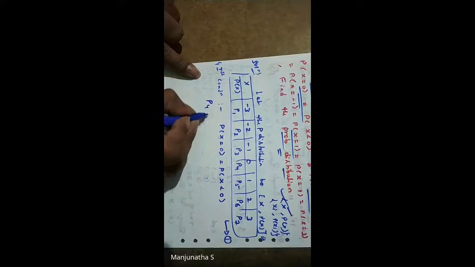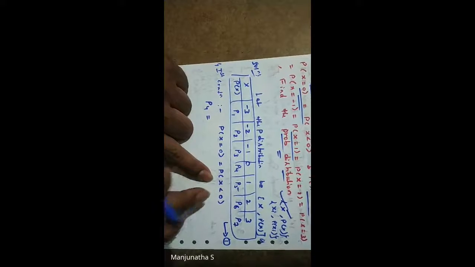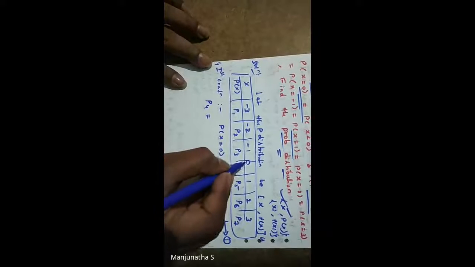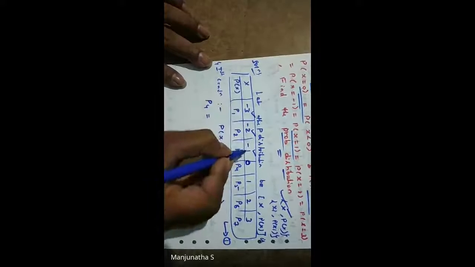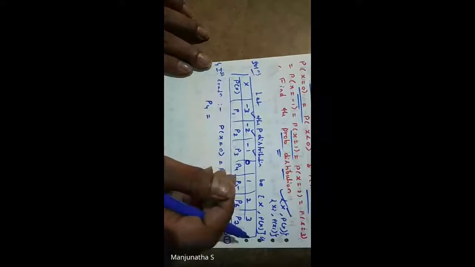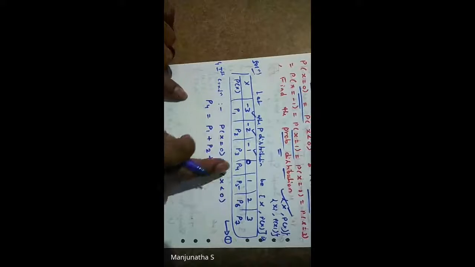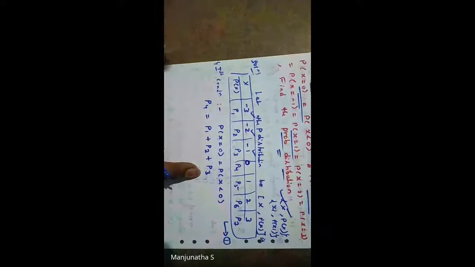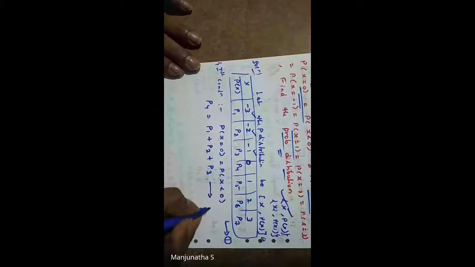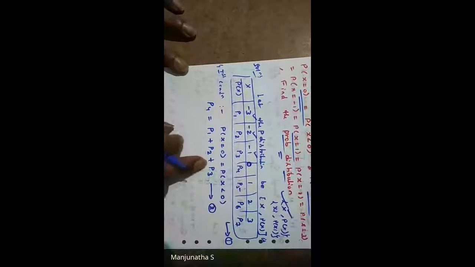Okay, P4 is equal to P of X less than 0. Very important point: less than 0 means, see here we have 0, less than 0 means this one, this one, this one: -1, -2, -3. So everything less than 0. That is P1 plus P2 plus P3. Correct. P4 is equal to P1 plus P2 plus P3, or P3 plus P2 plus P1, so like that also you can take. Let us consider this as equation number 2. Here this will be helpful for us.